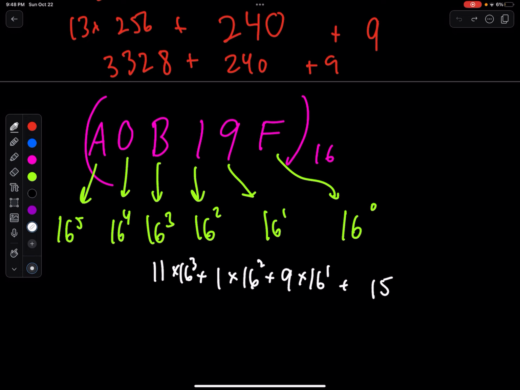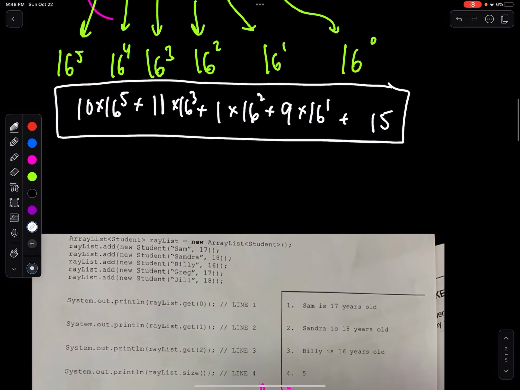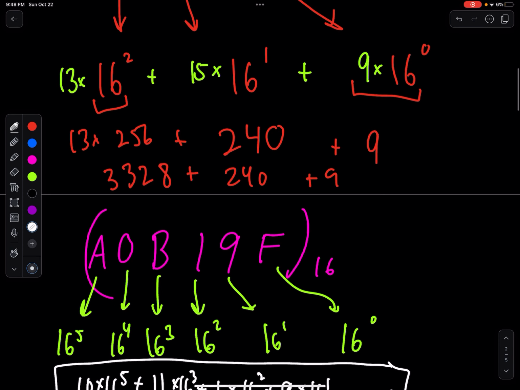So you don't have to write that because 0 times 16 to the fourth is just 0. And then A, recall that's our 10. We have 10 times 16 to the fifth. And we could clean this all up if we wanted to see what it was represented in base 10. Now, on the flip side, let's say